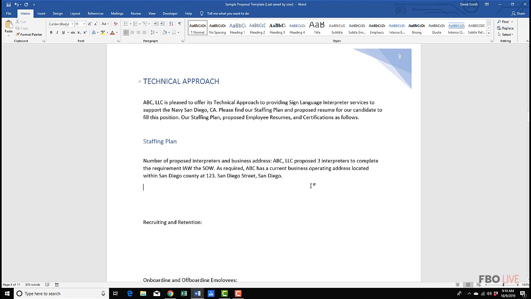Something letting them know the number of interpreters and the location located within San Diego County, and then you could go on to say